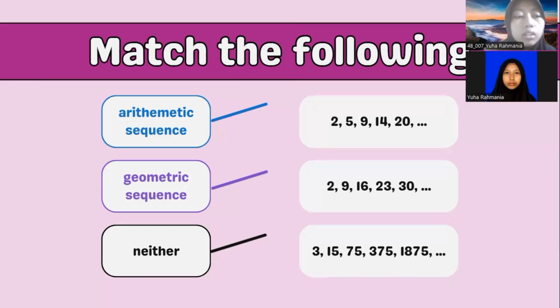It is also not geometric because the ratios between the terms are not constant. Let's move to the second sequence: 2, 9,